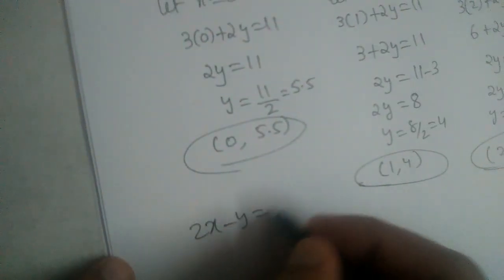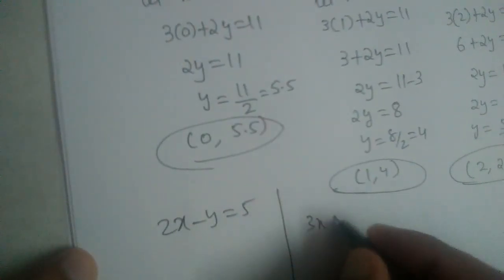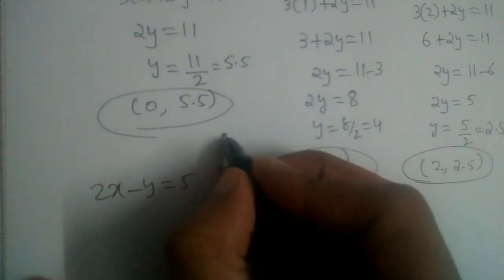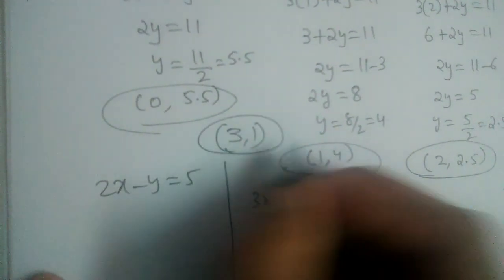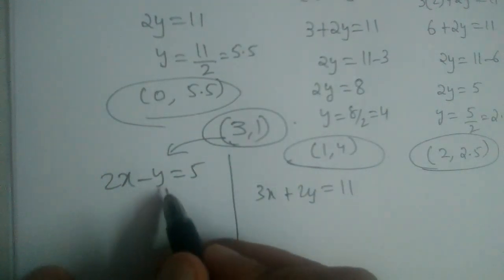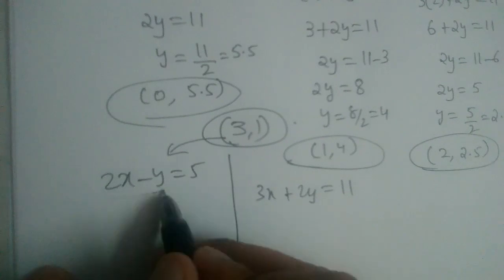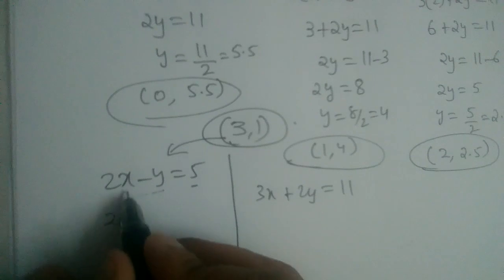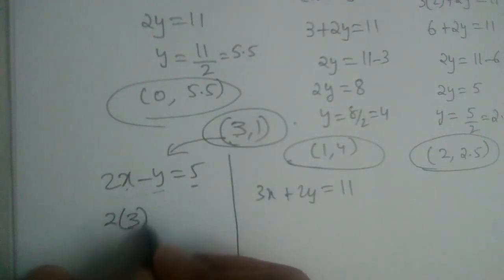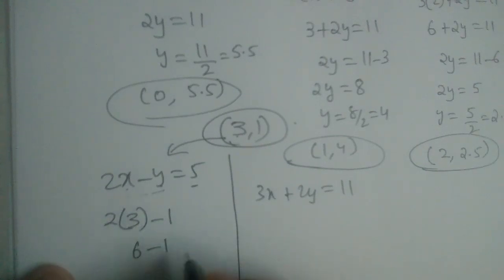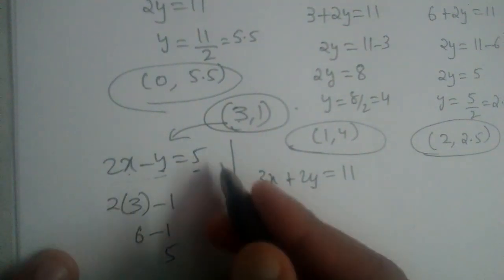Okay, we can verify it by substituting this 3 comma 1 in either one of these equations. See, we have 2x minus y is equal to 5, one equation, 3x plus 2y is equal to 11, right? And we got the answer as 3 comma 1. This is the solution we got. So if we substitute this 3 comma 1 in 2x minus y is equal to 5, both LHS and RHS will be equal. Okay, let us see. So 2 into x value is 3, so let us substitute 3, minus y value is how much? 1. So 2 3s are 6. 6 minus 1 is how much? 5. See, we got 5.